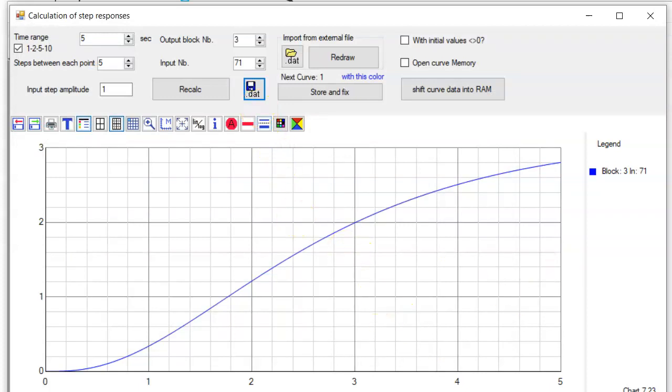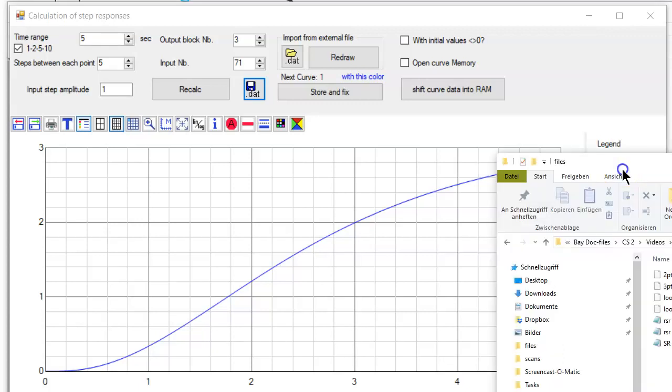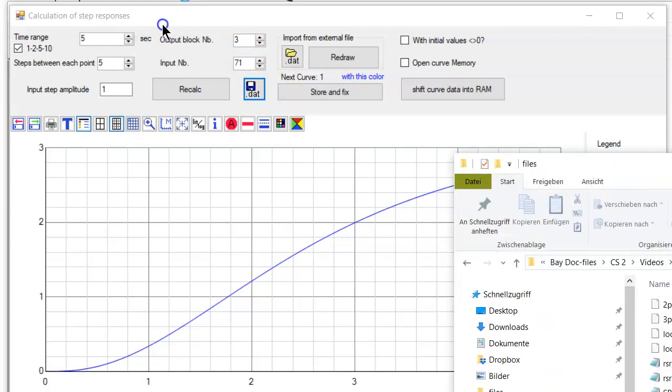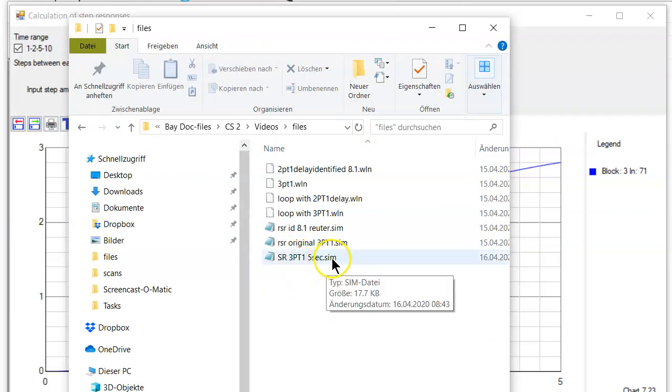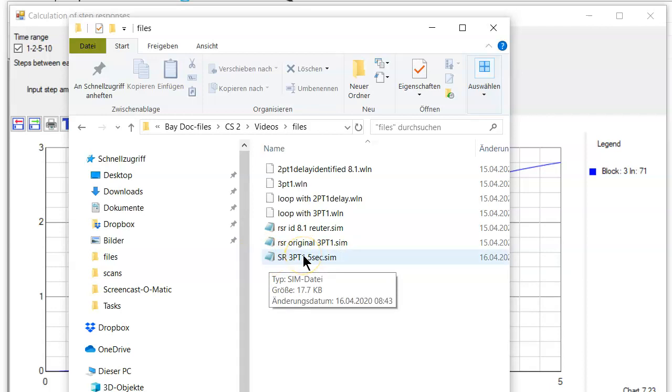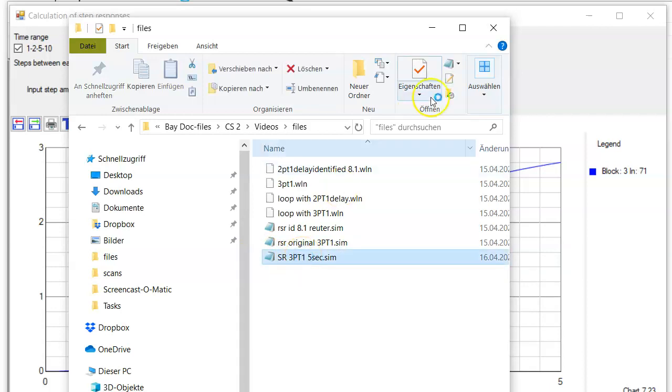I open my Explorer to show you this curve. If I show you now the Explorer, then you see this curve here is stored as a .sem simulation file, I call it. I have connected this to my notepad, so this is just a text file. If I open this file,